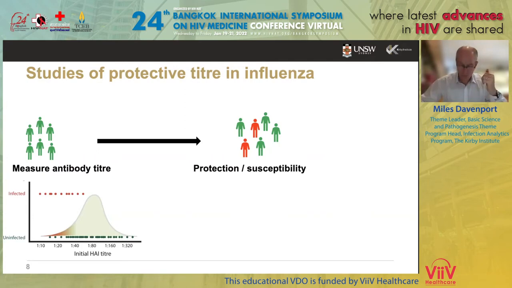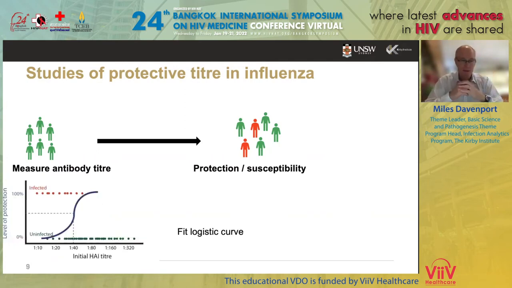Then we can do a bit of fitting. If we assume there's a gradient of risk, with high risk of infection at low antibodies and relatively low risk at high antibodies, we can fit a curve to this data to estimate the protection for any given neutralization level. We can also estimate the IC50, which is where this 1 in 40 number comes from, the level of antibodies at which you get 50% protection from infection. That was what was done historically for flu.